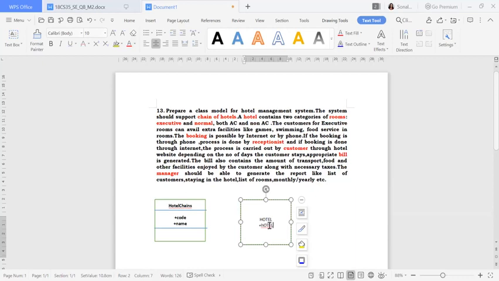Okay, so I'll write hotel ID, then name, then some address, then you can write the web address.